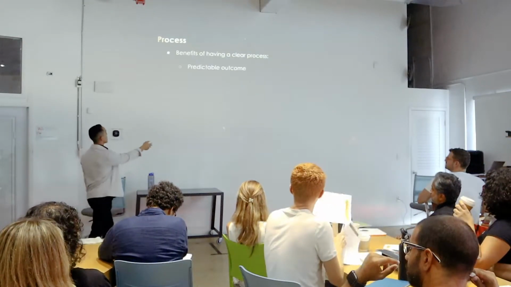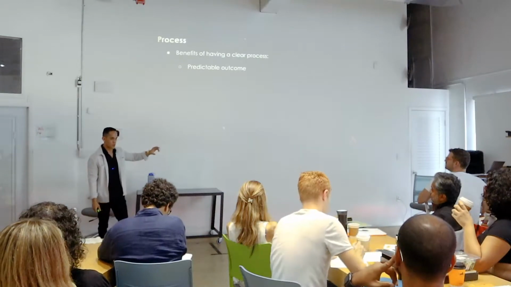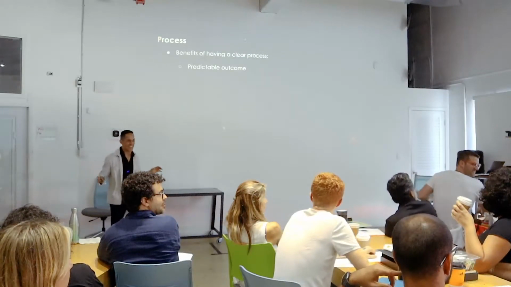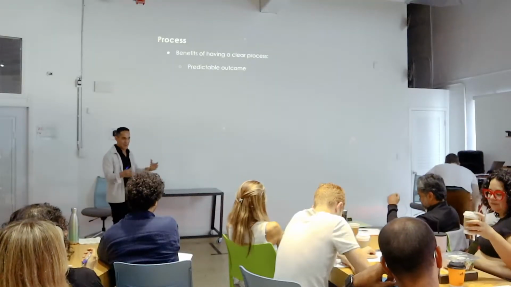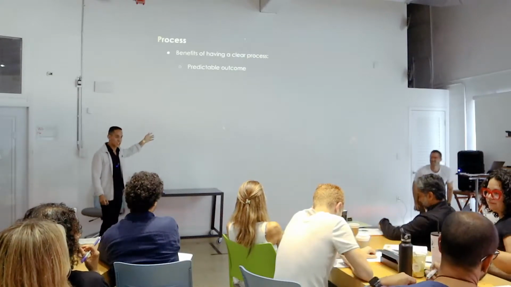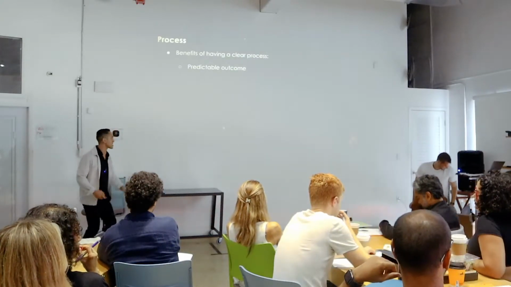The first one is a predictable outcome. So for example, Carla, you make these amazing Twix, right? Have you guys had them? If not, yeah, like raw Twix. They're amazing, guys. If you ever get the chance to try them, right? So I imagine you utilize a recipe. Why? So you get a predictable outcome and they're consistent, right? And you just got to deal with love life because they're amazing, right? Because you have a process. A recipe is simply a process.